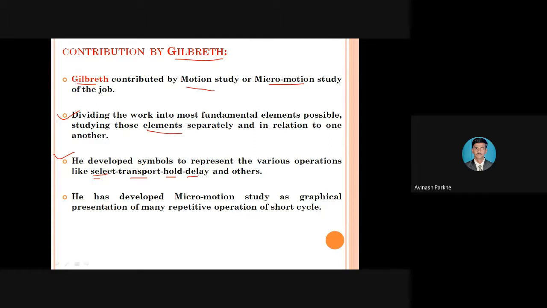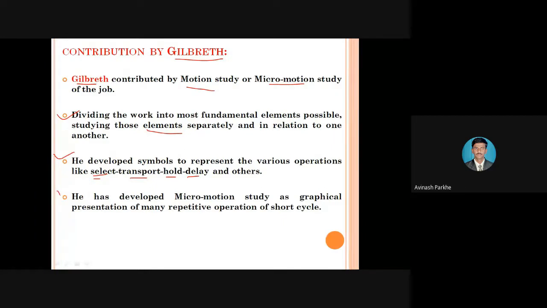Because sometimes we have to change the job, sometimes we have to change the tool, the coolant, or the oil, sometimes that worker has to go for washing the hands or drinking water. That means a delay is taking place in between two operations, and that delay is represented by a standard symbol. So whatever movement is taking place while converting the raw material into finished goods, all these movements are represented by standard symbols, and those symbols were developed by the scientist called